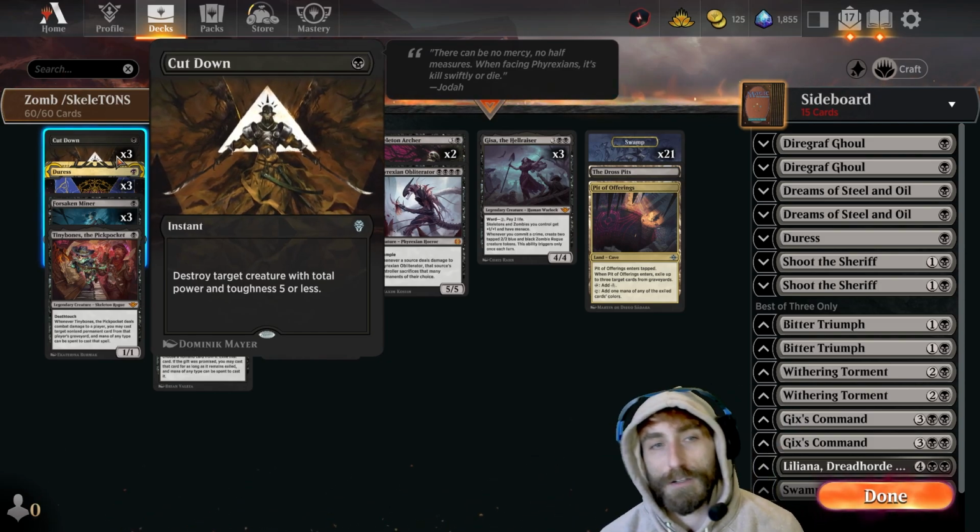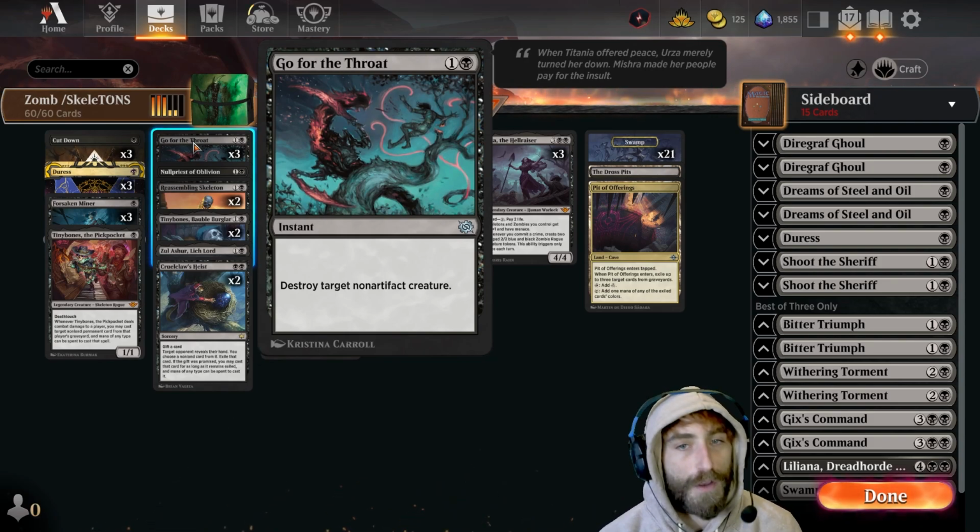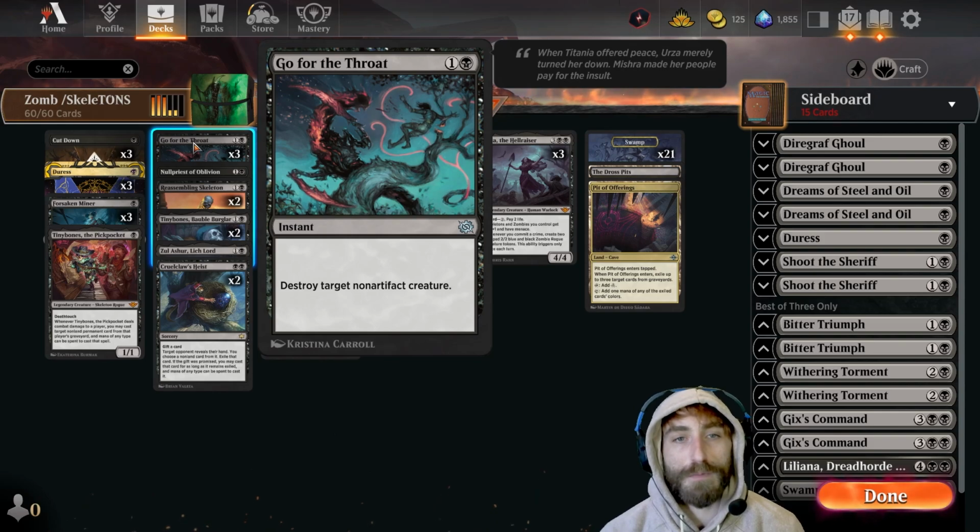Cut Down as our early removal spell. We're running 3, and then we're running 3 Go for the Throats. So I think that's pretty good. It's just enough to sort of buy us some time and take out a Shoulder or 2, so that's kind